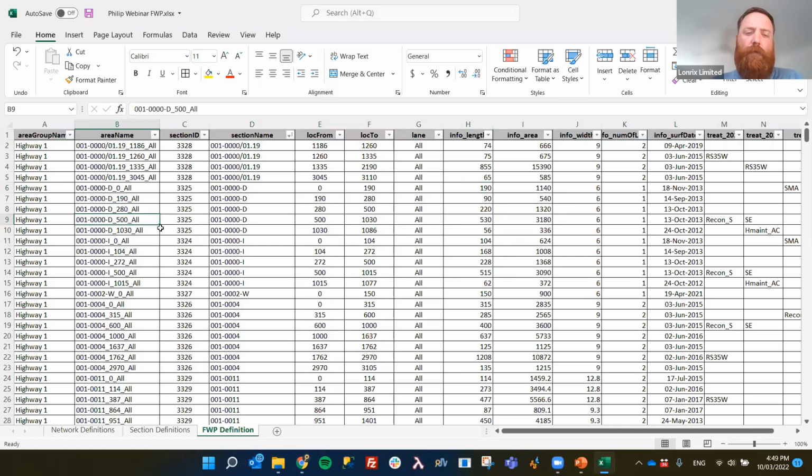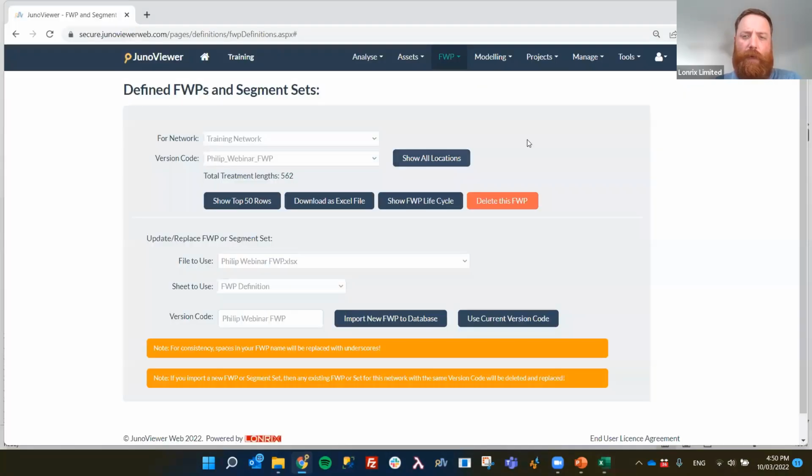Another one is if you're editing your FWP program in Excel and then put it back into JunoViewer, often you might be dragging, you might be creating a new row and copying something down. And what happened before with me with the Highway 1 turning into Highway 157 can also happen with the section IDs. And so it might be that you've inserted this one, and so we drag that down and it creates 3329. So if I try to import that now,